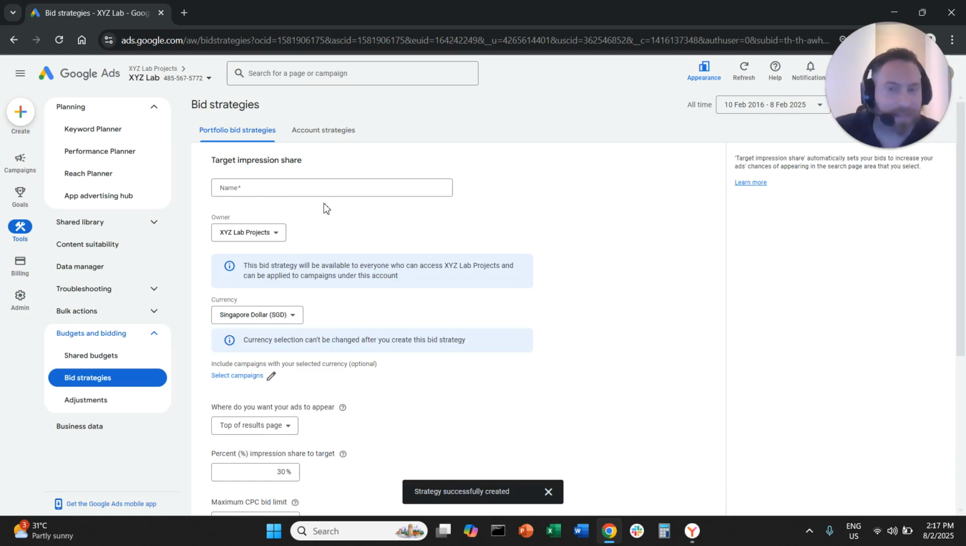That's it. That's the most tricky bid strategy out there. So let me know what you think about it in the comments, how you're using it. If you have any